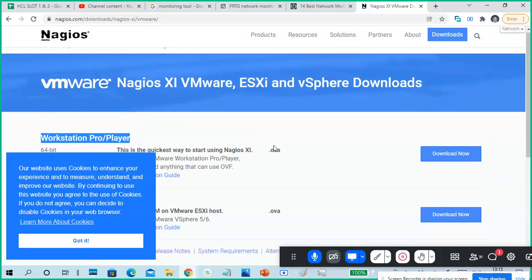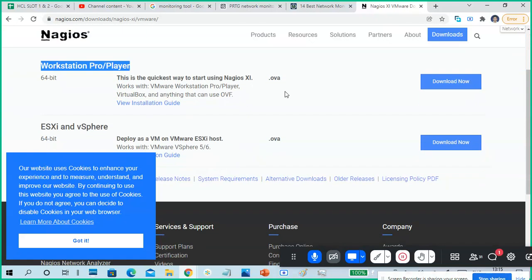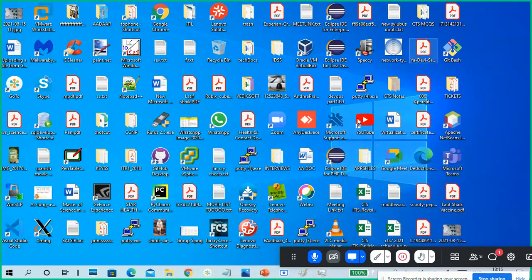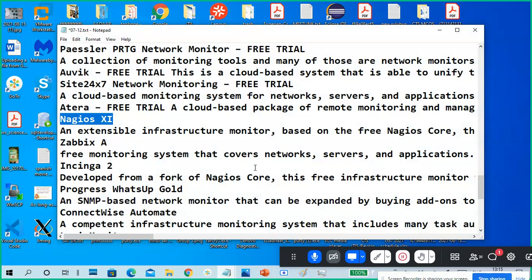Download now. It will give you at least 60 days of a free edition, not more than 60 days. For your practice, you will get it, and you have to follow that kind of stuff. This is the VMware Workstation application, and this is the Oracle VirtualBox. Both will work with that one, but we don't have time to deploy, so that's why I'm not showing. Another one is